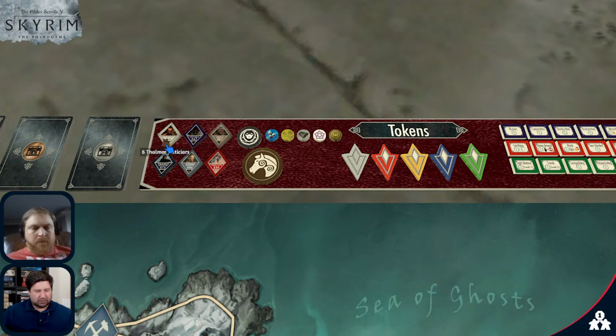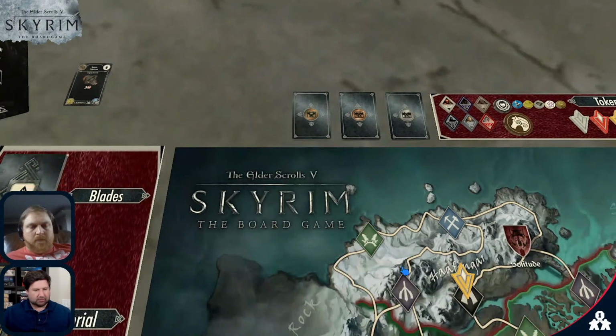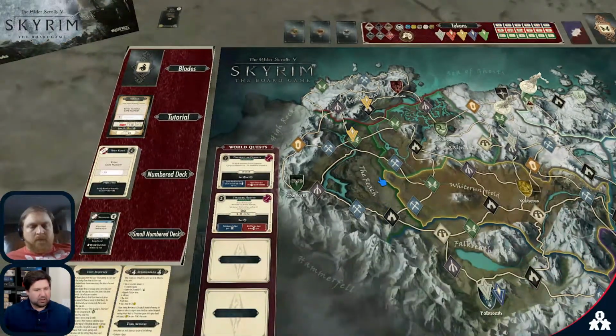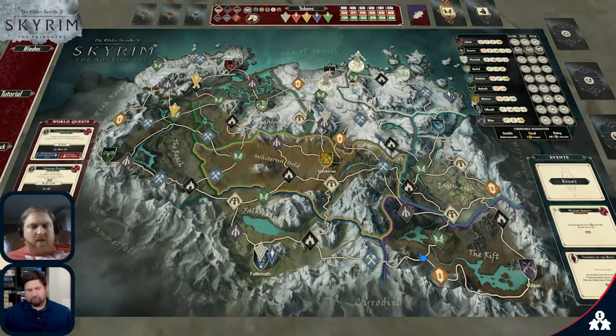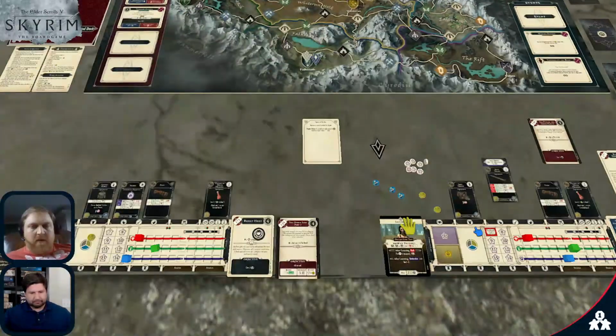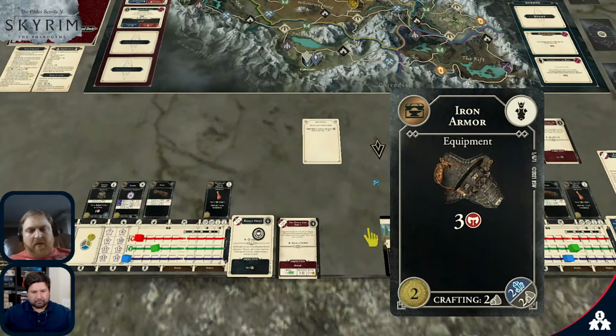Let's see. The enemies, we talked about those. There's a bunch of different ones. They're double sided, so you have a random card of which one you might be fighting. There's tons of treasures in the game, of course. Things you'd probably expect. And something else we didn't touch on: our equipment we can sell back. I think the bottom left icon is the gold we'd receive